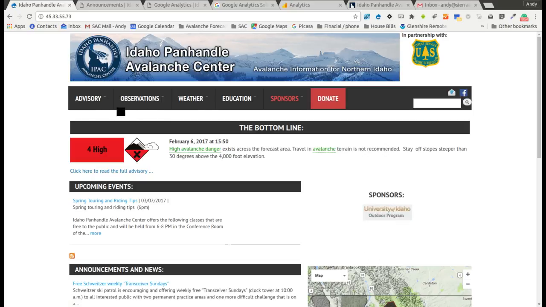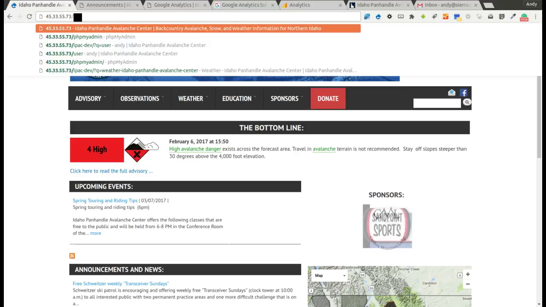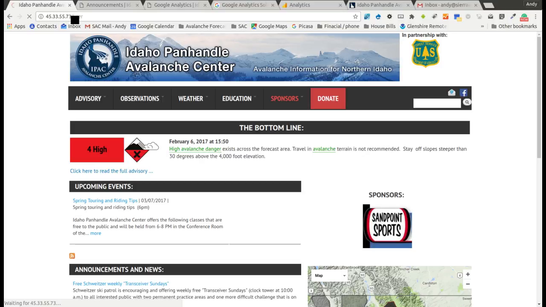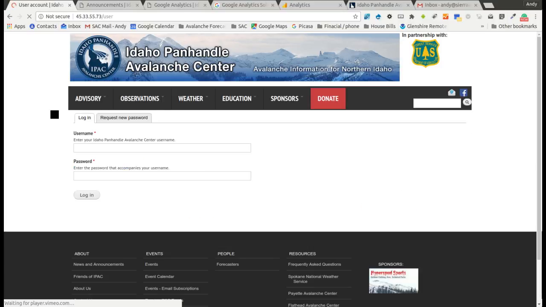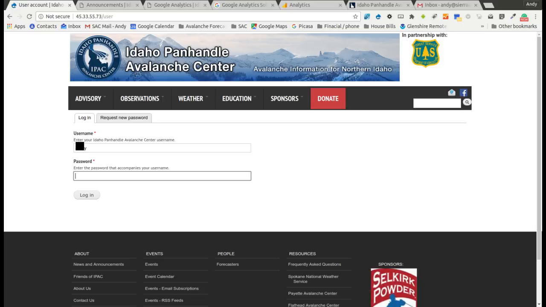You can go through this and look at all these things, but I wanted to show you how to create content for this site. Right now it's here because we don't have the domain name mapped to it. So go there, and to log in, you'll type /user, hit return, and you'll go to a login page. Enter your username and password that I sent you guys. Log yourself in,